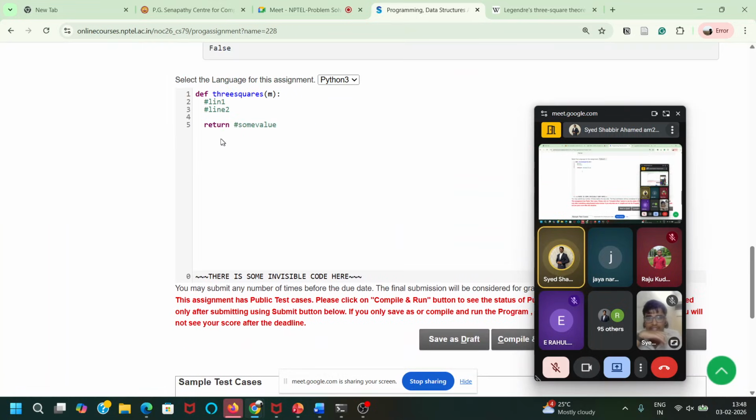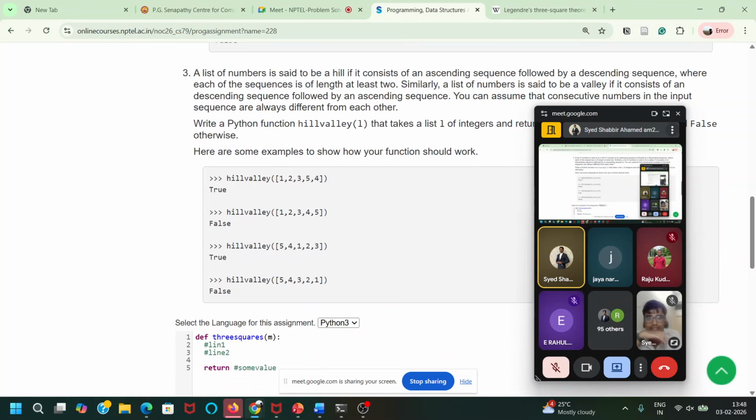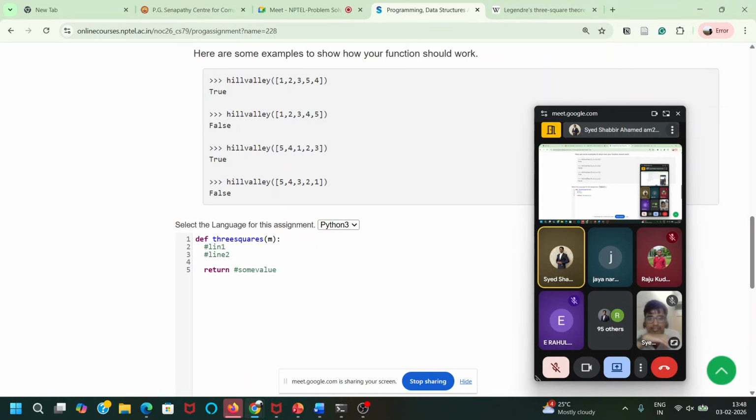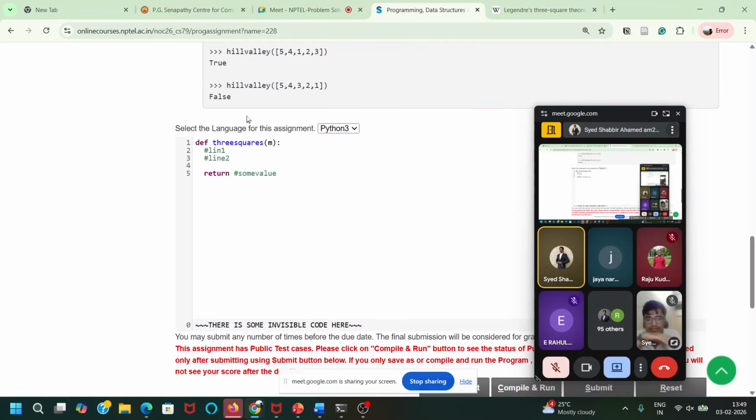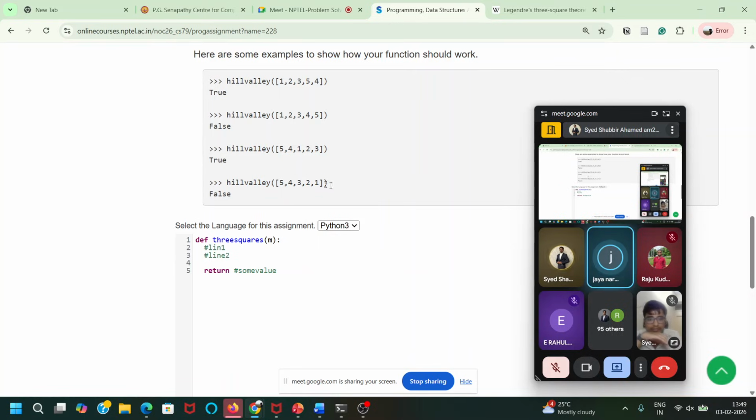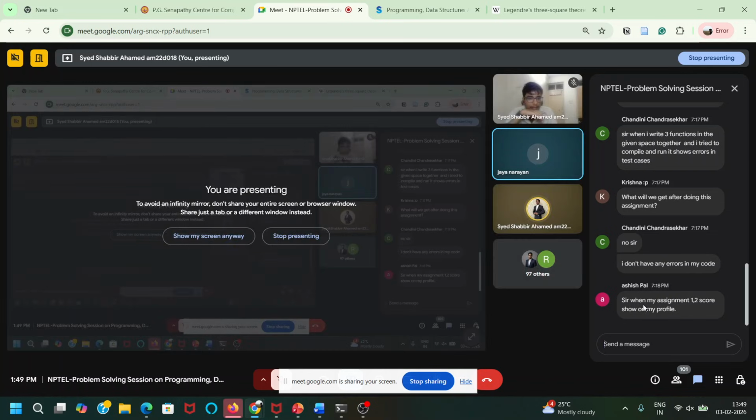You just have to write the functions here. These are just examples, you should not worry about them. You can take these examples and test them in your Anaconda Navigator.